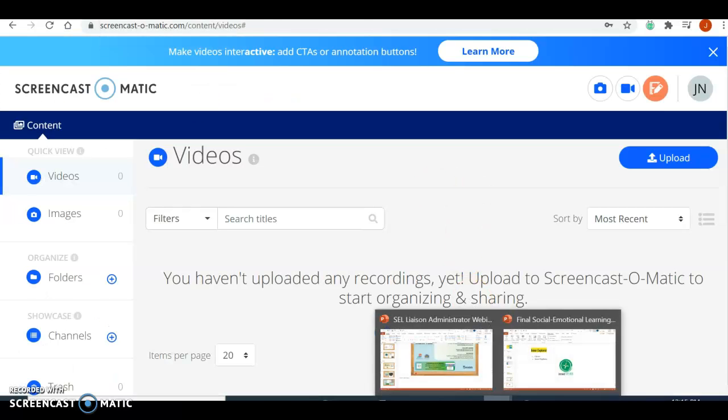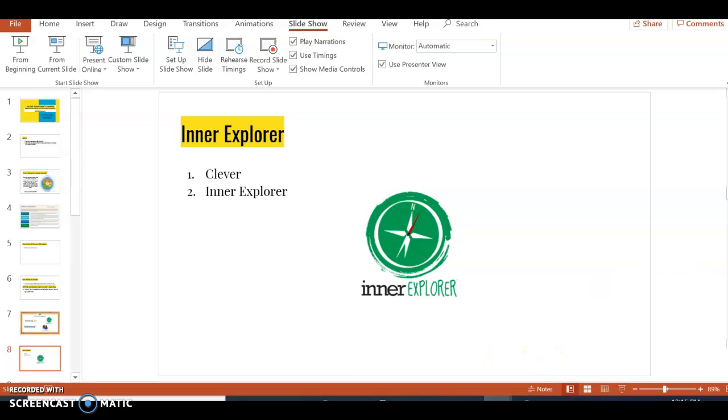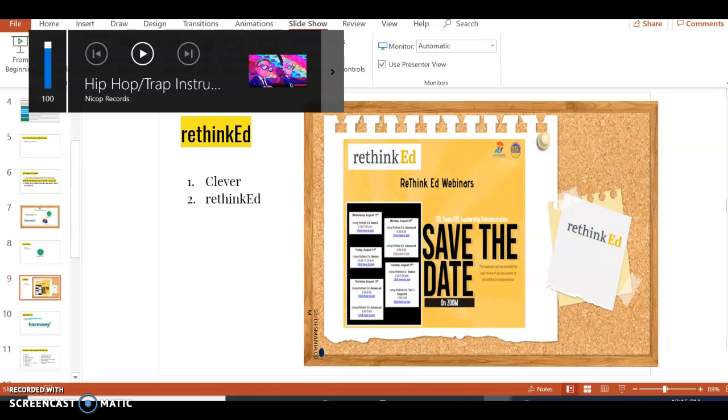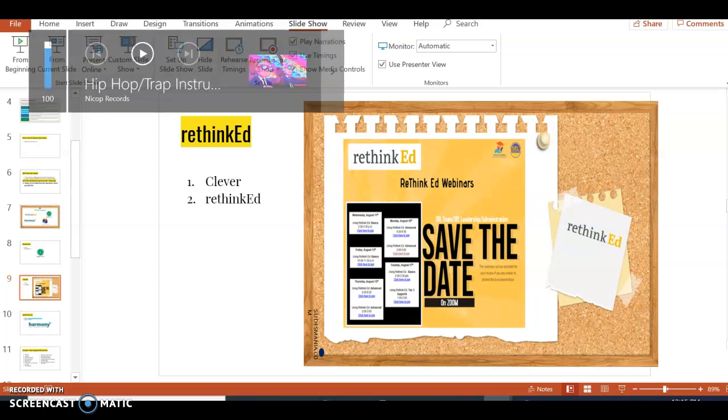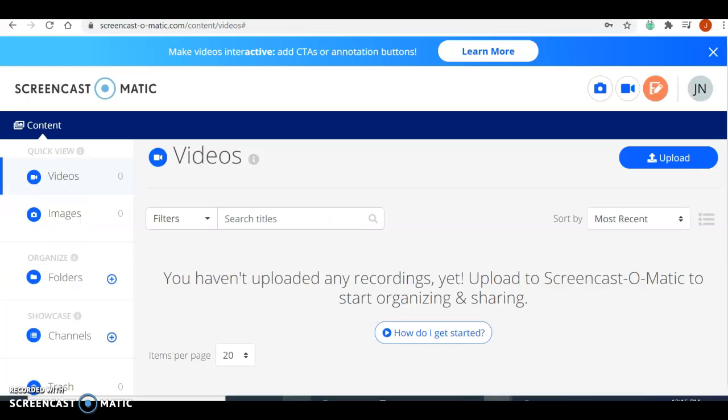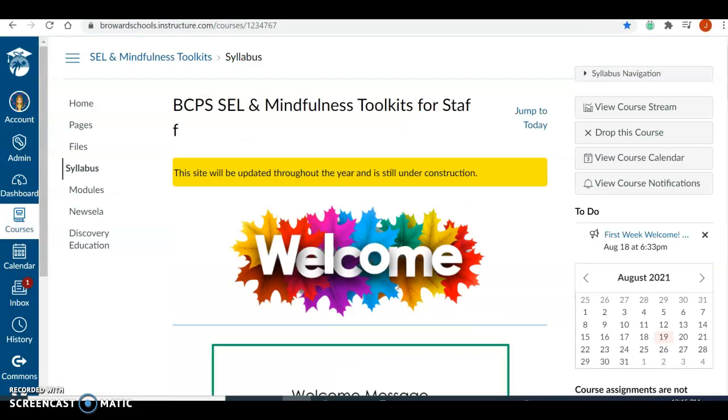Okay, the next thing I wanted to show you was Rethink Ed. So this is essentially an SEL curriculum that is sequential. So I want to show you real quick just the scope and sequence. There is a scope and sequence for this, which will be included in the email that this PowerPoint is sent out on. So going back to the toolkit,